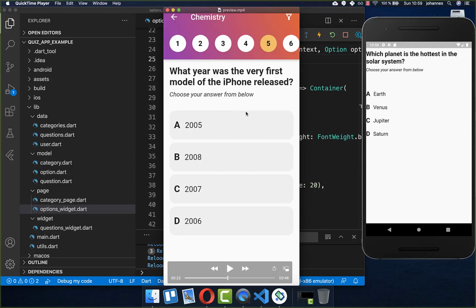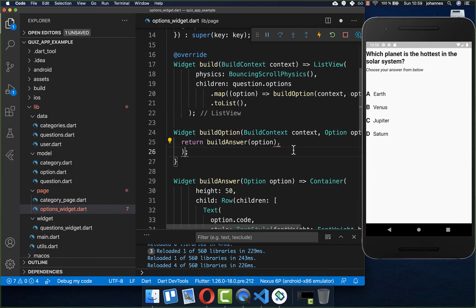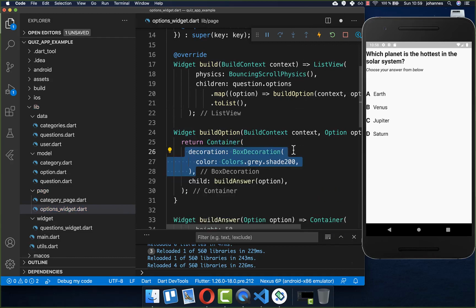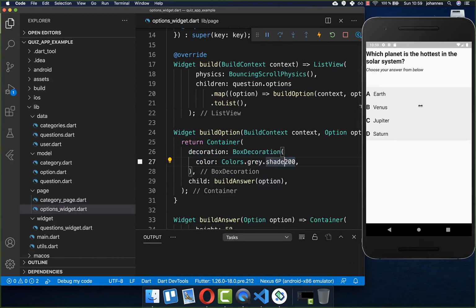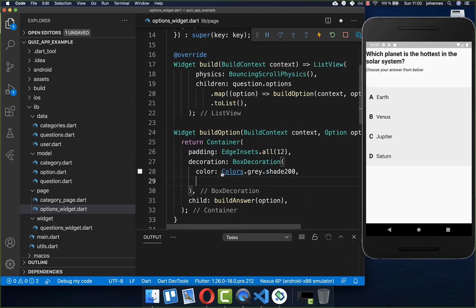And the next thing is to decorate them a bit so that they look better, and therefore I simply go here to this build answer method and I wrap a container around, and here inside I set first of all a color, and now all of our options have here a background color of gray. Next we want to add here some space around our text, and therefore I add here some padding, and now you see that we have here space around our text. And we also want to make our options here rounded at the corners, therefore I set within the decoration this border radius inside, and now you see that our options here are rounded.